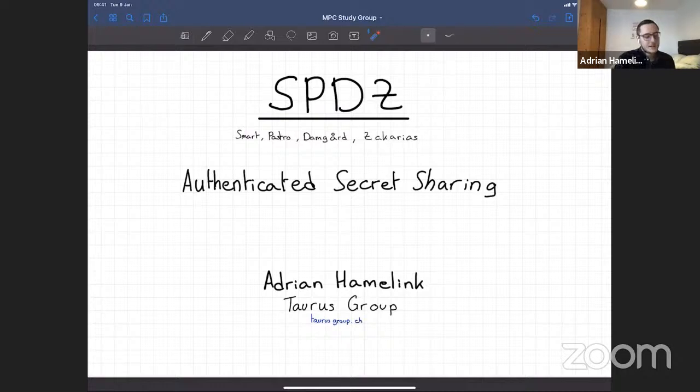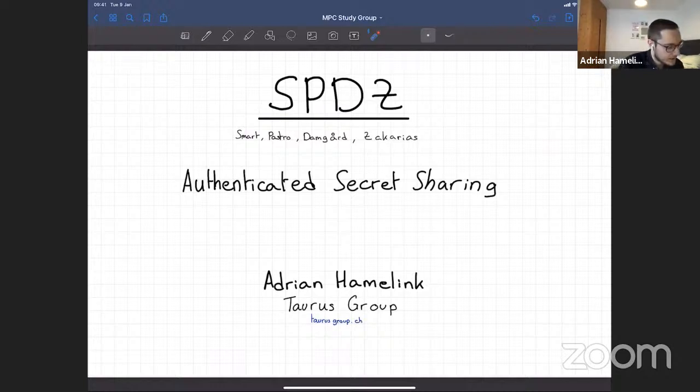So SPDZ is just a set of protocols that implement this ideal functionality for operating over shared secrets. This is common when you have protocols proved under the universal composability framework. And it's essential in this case because you're going to be composing these different operations with each other. You might be doing them in parallel, so you want this security feature. We won't be going over it, but it's important to note.